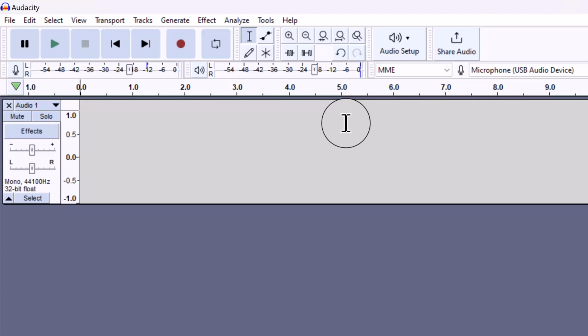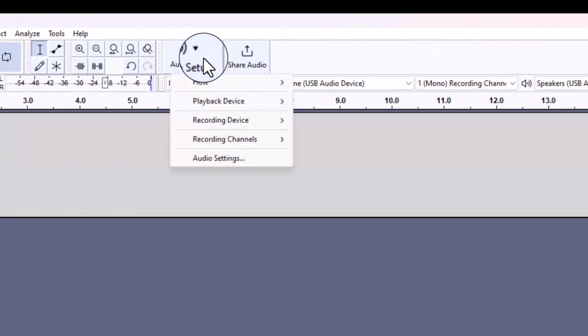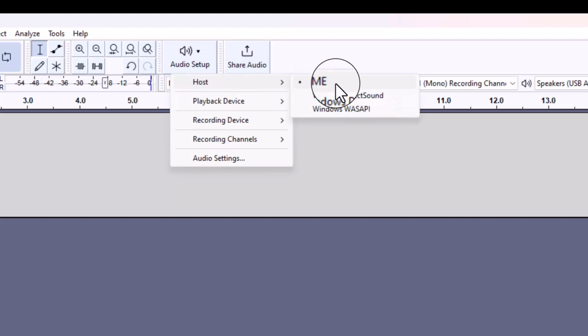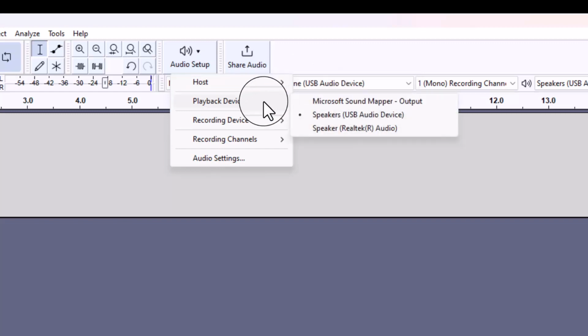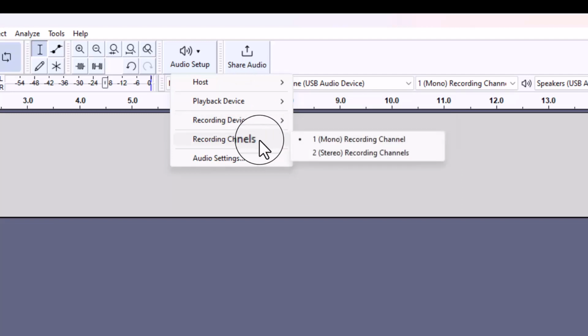Now, if you look right here in Audio Setup, you'll see that we have Host, which should be set at MME, and Playback Device, which is whatever playback device you're using. In my case right now, I've got a USB headset on, so that is my playback device. The recording device is my USB microphone. Recording channel should be mono. You would probably use stereo if you're doing something like music, but as I said, I just do voiceovers, so